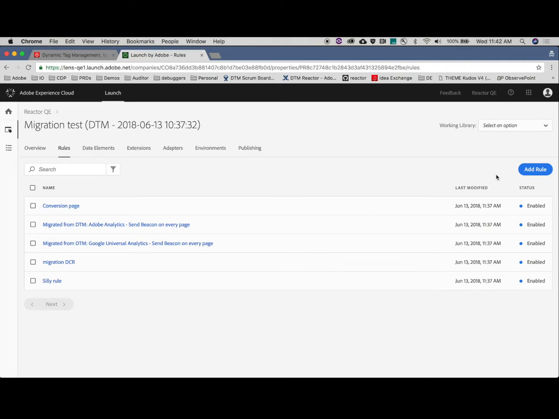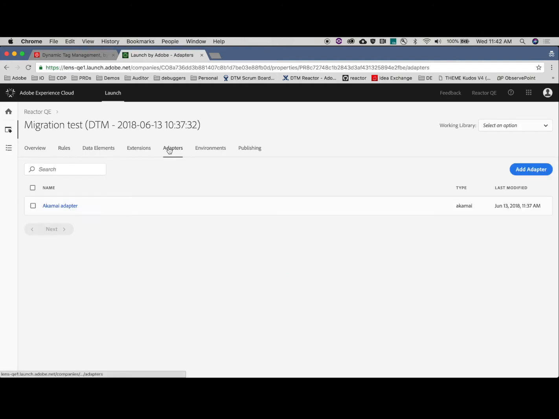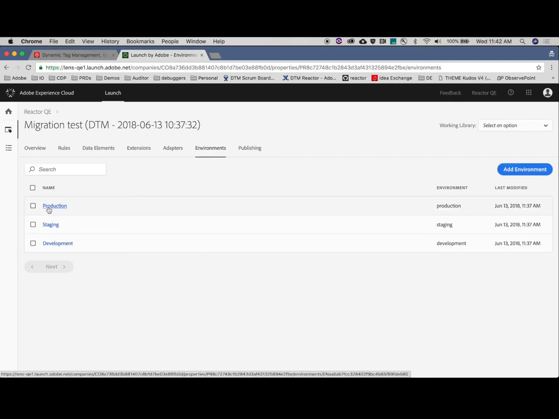And for those of you that are doing single page app stuff, again, you can see that it's there and you can delete it or modify it as needed. So it's a very powerful part of the migration process, the business logic, to make sure that everything moves over correctly. We can also see that part of this upgrade process created an Akamai adapter for me because I was using Akamai. It's created my environments for me, and my production environment would be using the same embed